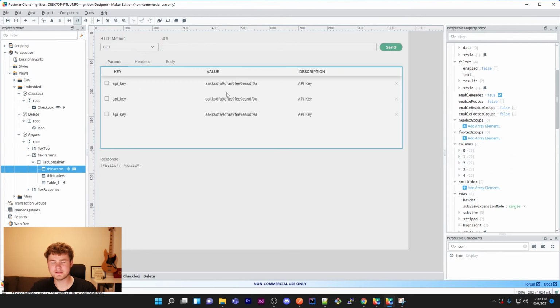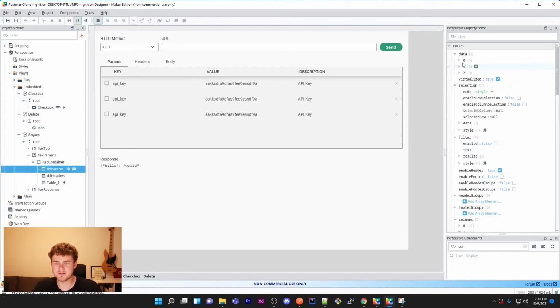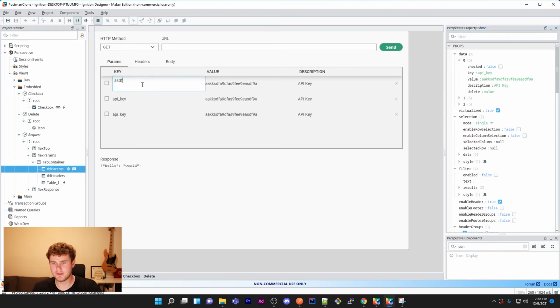The next thing we're going to do is make the key, value, and description columns editable. That should be pretty easy. Let's just go to the key column and set it to editable here. When I go here, I can enter text, but nothing actually happens. The underlying data set, once again, doesn't get changed. If you go to the first row, when I enter text and commit it, nothing changes for a key. So we're going to have to add